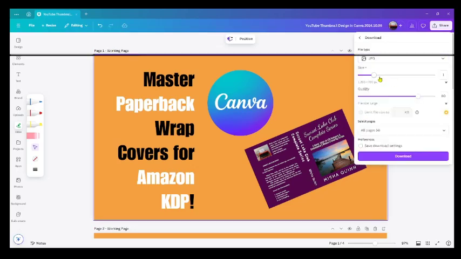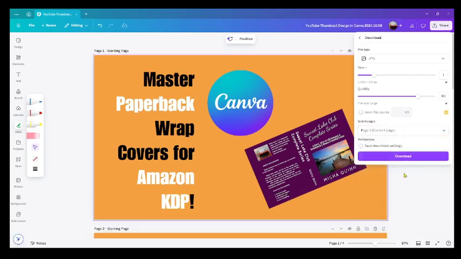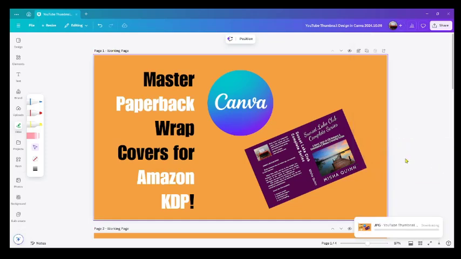Right now, I'm choosing to download it in JPG format. Go to Share, Download, and select Download in JPG format. Choose the number of the project page to download and click Download. That's it, you have your file for your